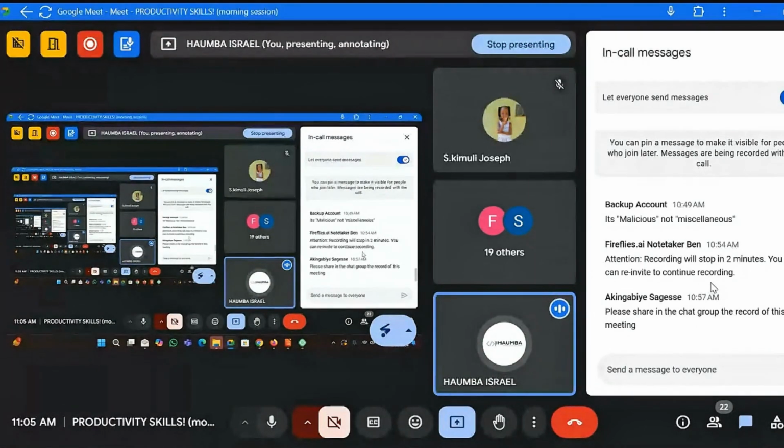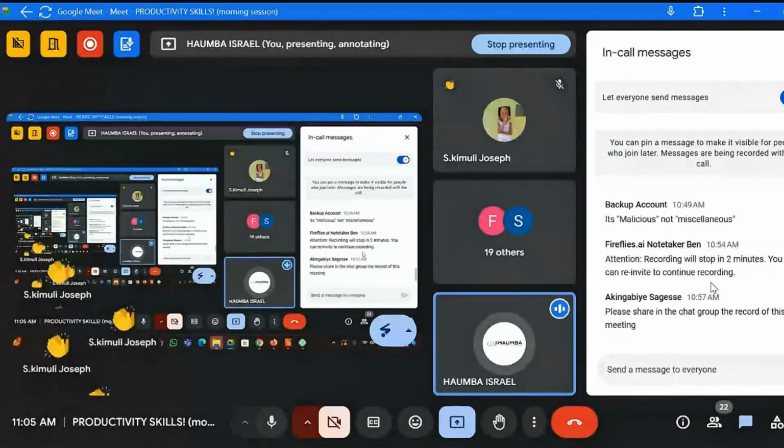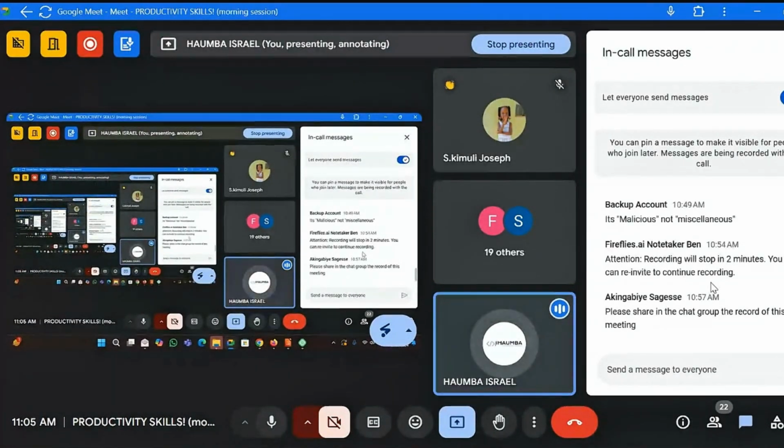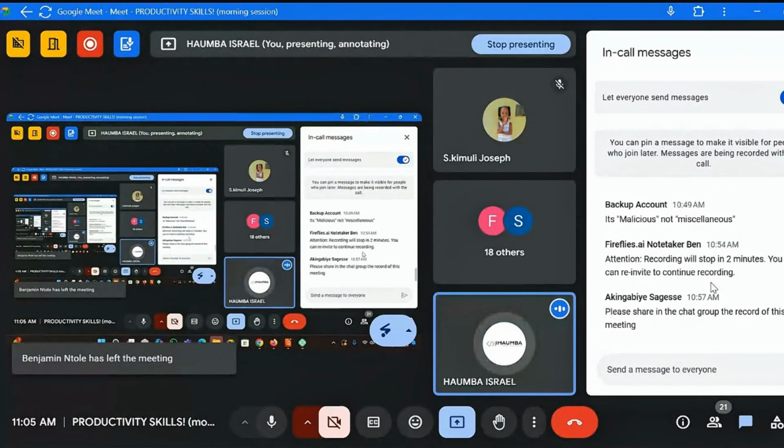How to come up with a custom mail. For example, my email is israelhaumba@sc8. Those are web mails. Instead of having at gmail.com, how do you come up with web mails? We shall look at that tomorrow. So the agenda for tomorrow, we have an entirely different topic to look at tomorrow. But the first 30 minutes, we shall look at